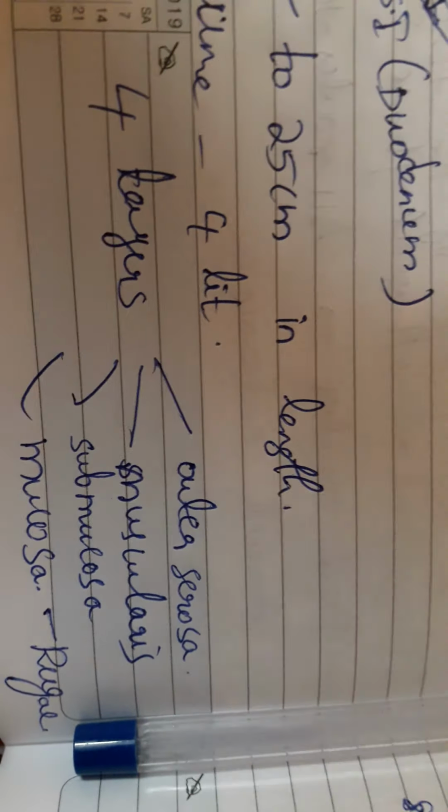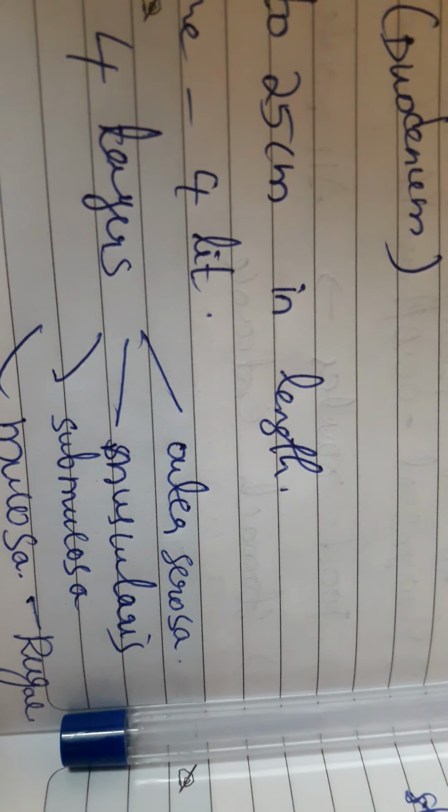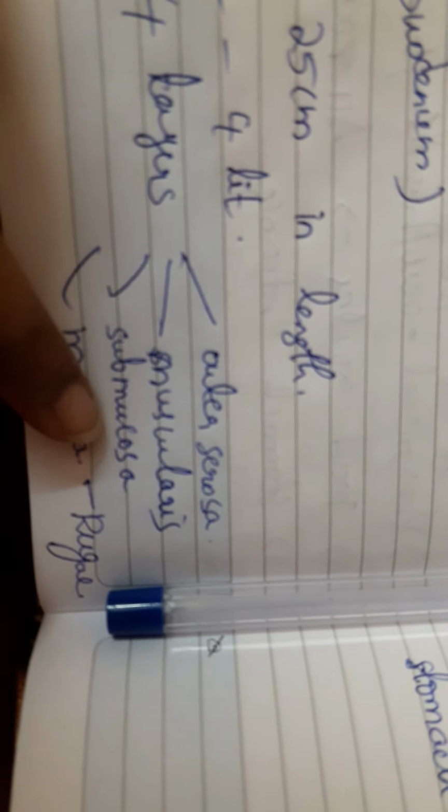Based on the arrangement of smooth muscle fibers, the shape will be oblique. So the inner oblique layer, the middle circular layer with circular arrangement, and the outer longitudinal layer, where the arrangement of smooth muscle fibers is longitudinal. Next, coming to the submucosa. We already discussed this: it is formed by areolar tissue, nothing but connective tissue, consisting of blood vessels, lymph vessels, and nerve plexus. Next, coming to the inner mucus layer.